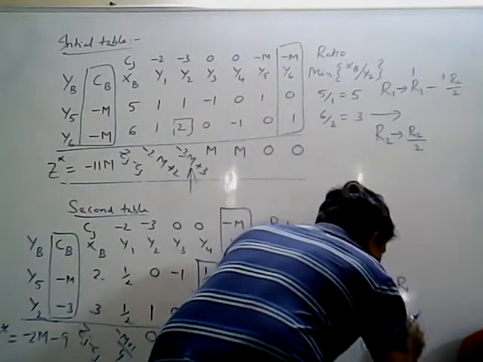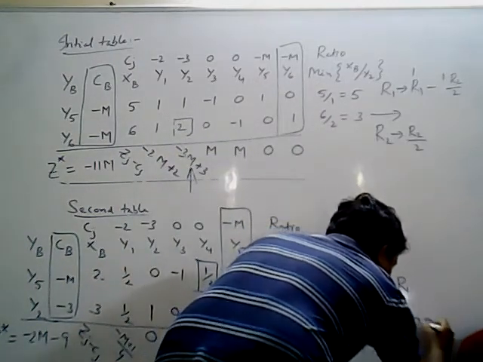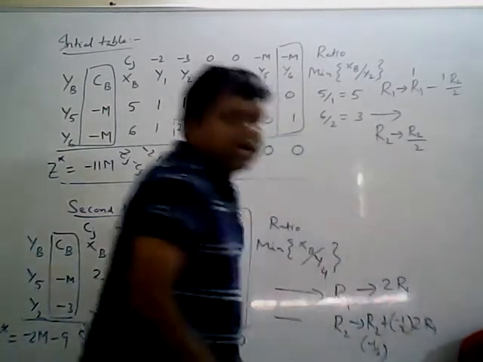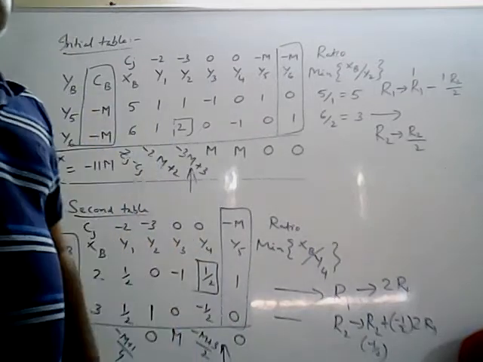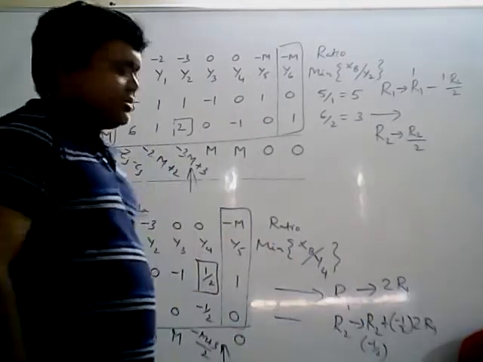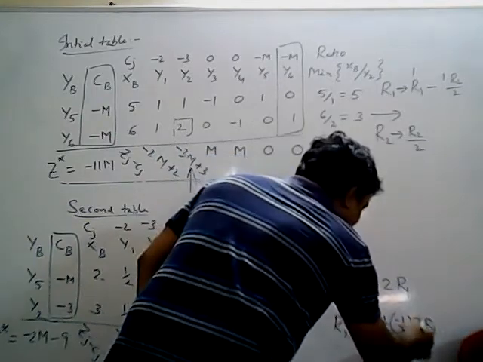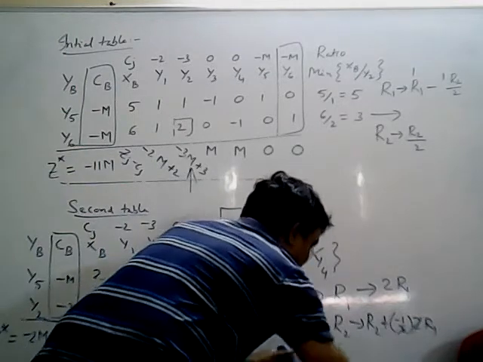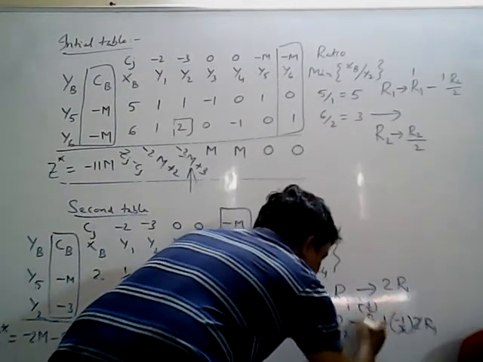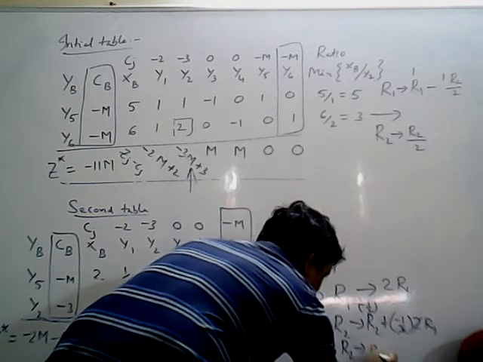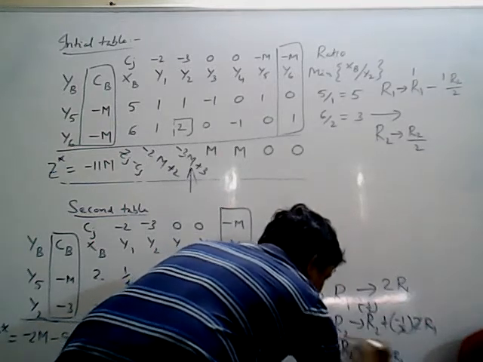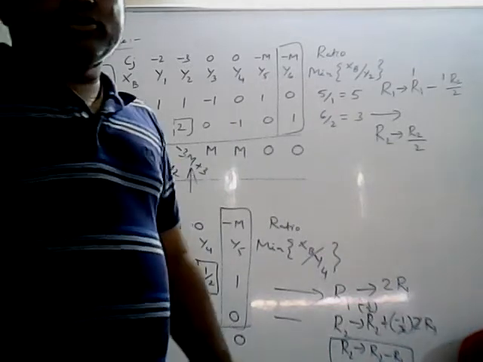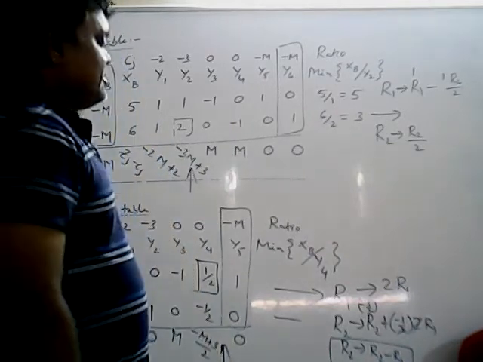I will write neatly. So this is 2R1, and this is minus 1 by 2, the R2 element. So that minus 1 by 2 is multiplied there. That means the 1 by 2 and this 2 get cancelled. Finally, what is the operation we are getting? R2 implies R2 minus R1. The 2 gets cancelled, and automatically we get R2 implies R2 minus R1.